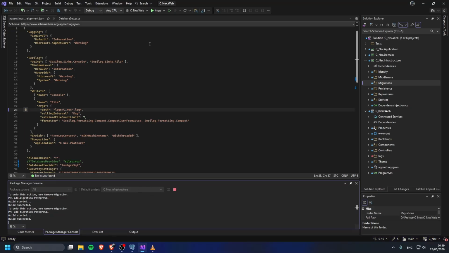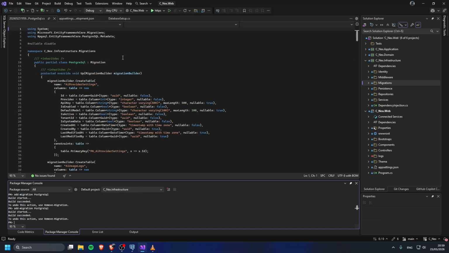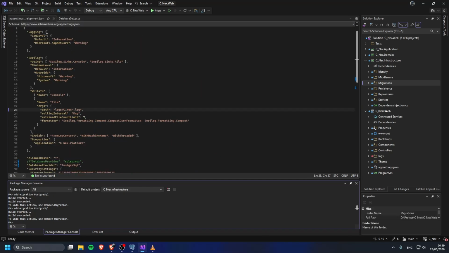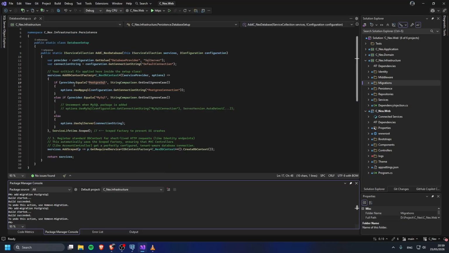If you try to push a SQL Server migration to a PostgreSQL database, it will likely throw schema errors. So, we simply delete our existing Migrations folder. Then, we run dotnet ef migrations add InitialPostgresSetup. EF Core reads our new Postgres configuration, analyzes our DbContext, and generates a brand new, clean migration snapshot perfectly optimized